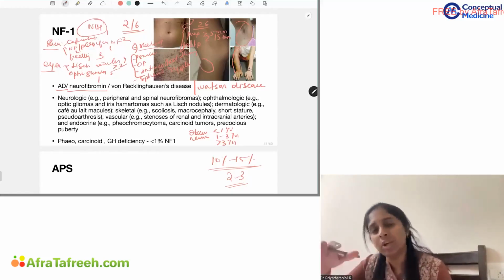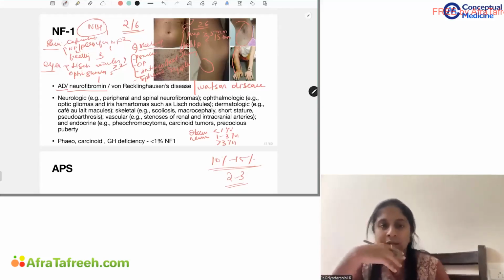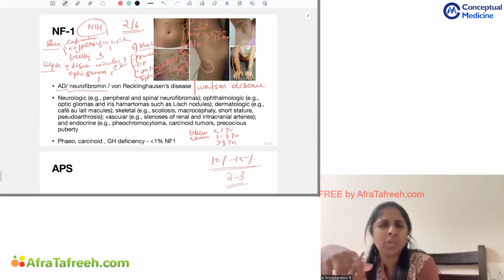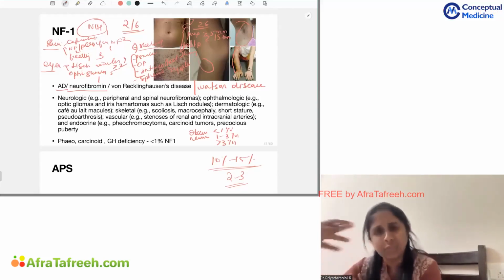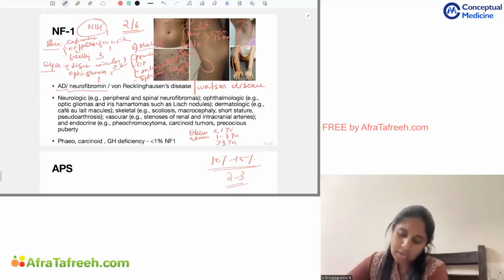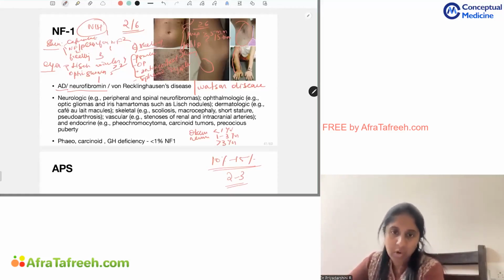Mostly the optic glioma in neurofibroma would be intracranial only. It would be usually seen in intracranial portions. Kyphosis, scoliosis, other skeletal manifestations and deformities can also be seen in neurofibromas. Okay, so these are all the neurological manifestations: peripheral and spinal neurofibroma, optic glioma, iris hamartoma, which is called Lisch nodule, dermatological cafe au lait lesions could